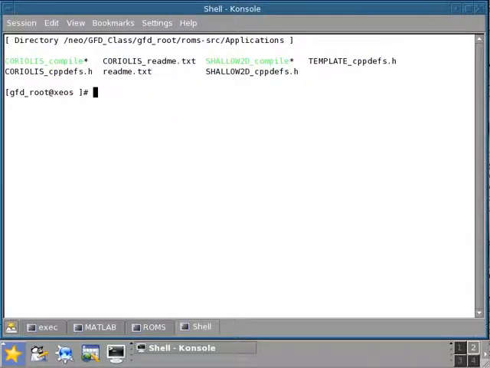If we go into the application directory, we find again that there's the Coriolis example, which consists of the Coriolis compile code and this Coriolis CPP-Def file. Now, I've already created the equivalent for the shallow 2D simulation, which is the shallow water model. But let's see how we can do that. So let's start all over again, and let's first copy, for example, the Coriolis